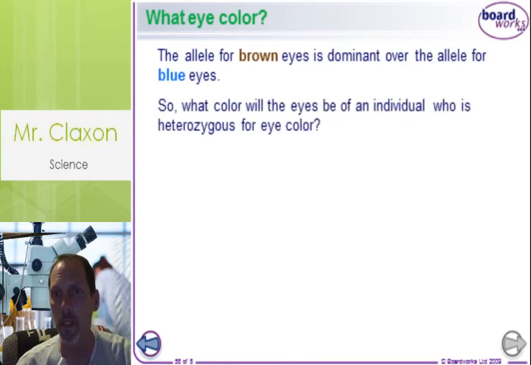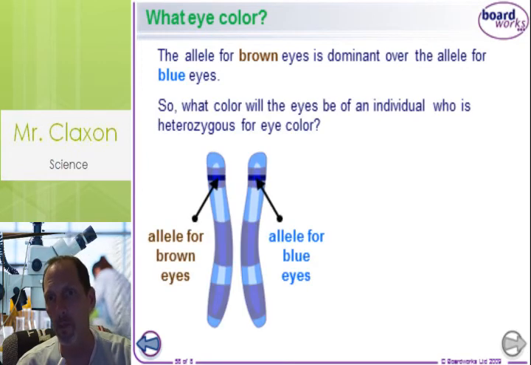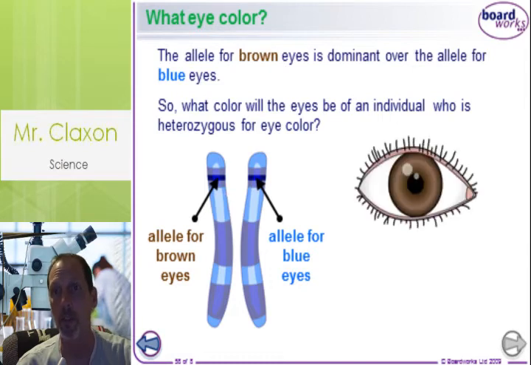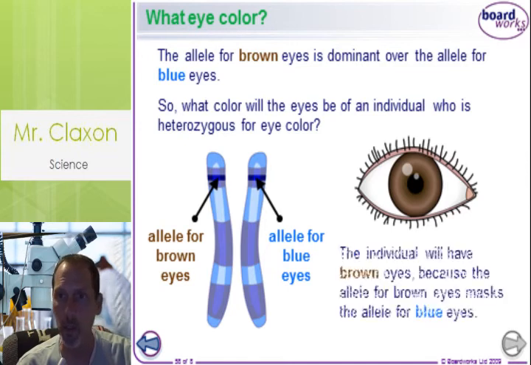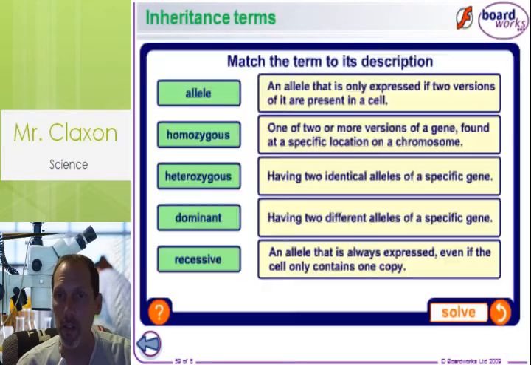So brown and blue, this combination here, what kind of eyes are we going to have? Well, it's going to be brown, because brown is dominant. And how do you know it's dominant? Well, over time you figure out what genes show up more. Once you do know it, they use the capital letter to represent that. So you can tell by the letters if that's shown. So if you were to match these up, let's just say